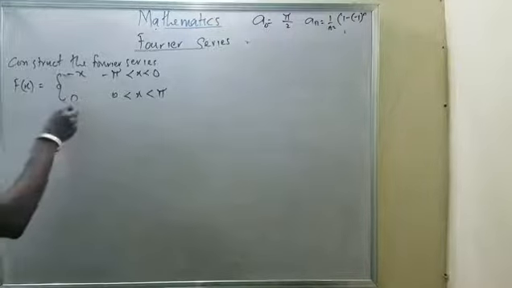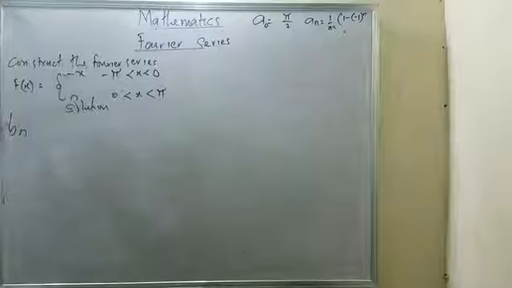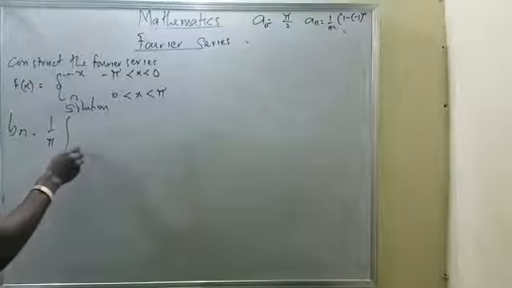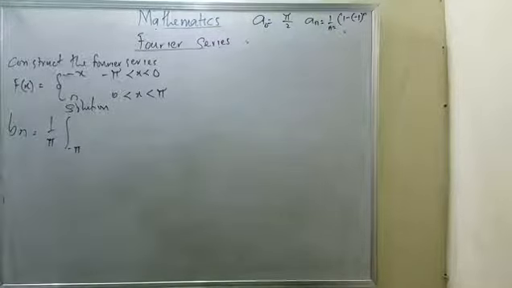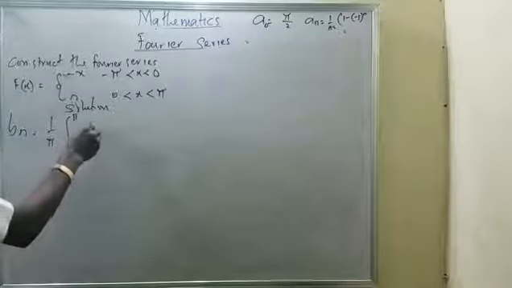That is what I'm working towards now. It means b of n equals 1 all over pi integral running from minus pi to pi of f of x